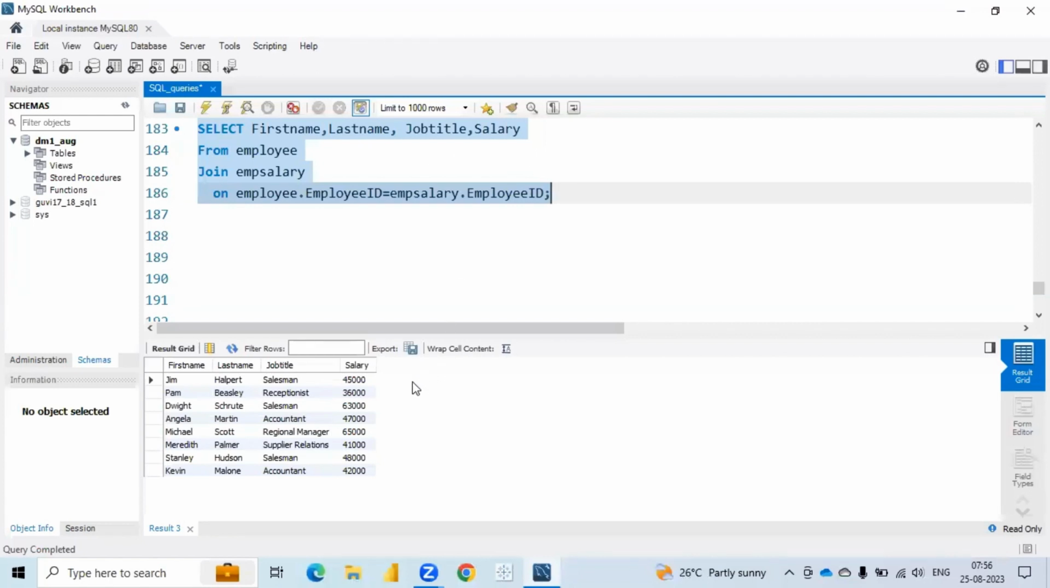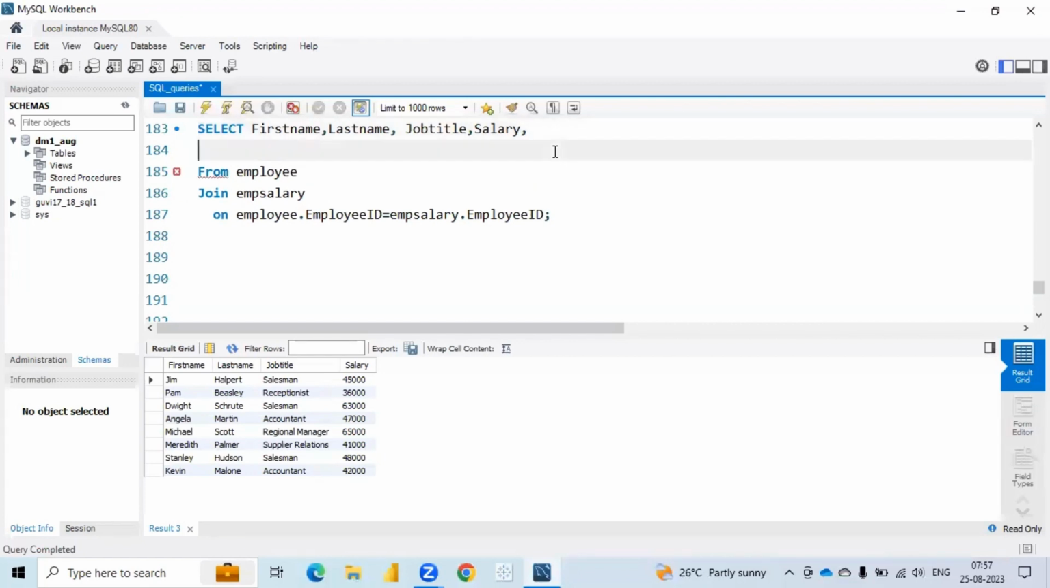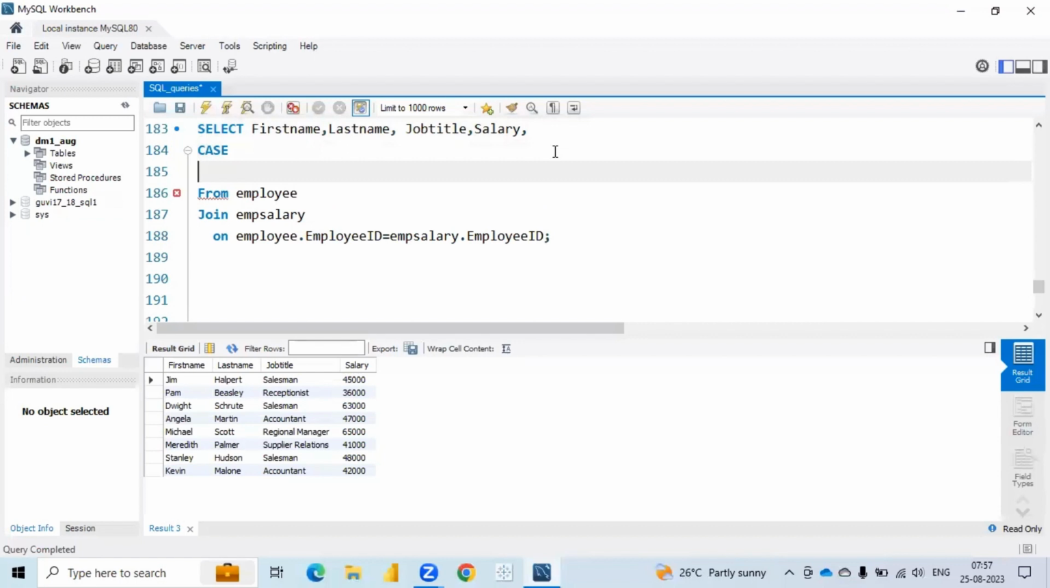So now I need one more column here, a calculated column, which represents the incremented salaries. So how can we do that? Put a comma and say, okay, we can put a case statement here. We will say when job title is equal to salesman. Okay, then